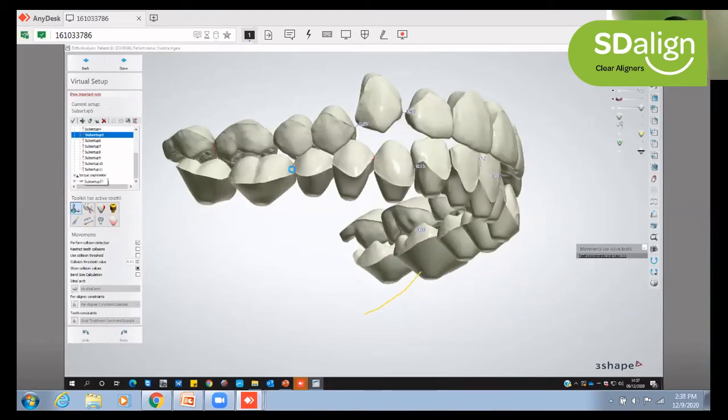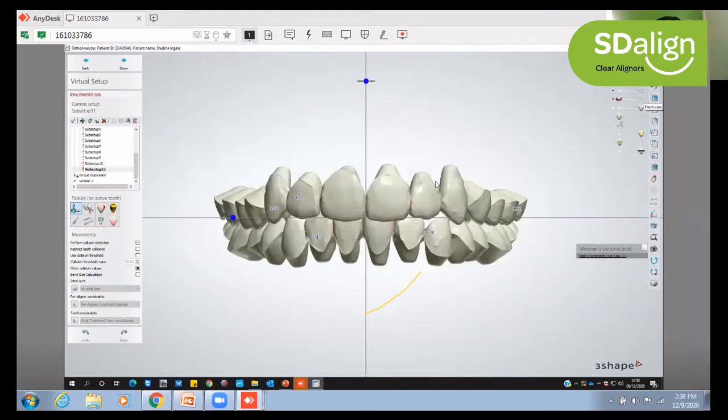So by the end of 11 stages, for the third stage, the canine is more or less in the occlusal plane, and we can also overcorrect it by half or 1 mm depending on the incisal visibility to begin with. So if there is less visibility, we can always overdo it. So this is at the end of after canine extrusion.